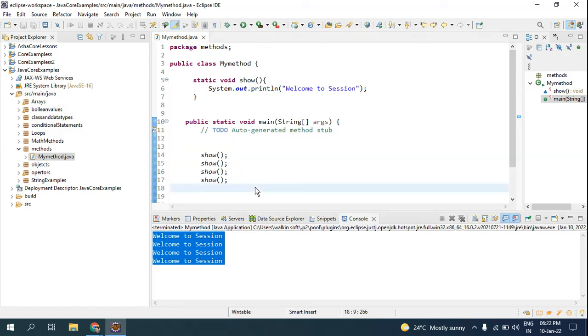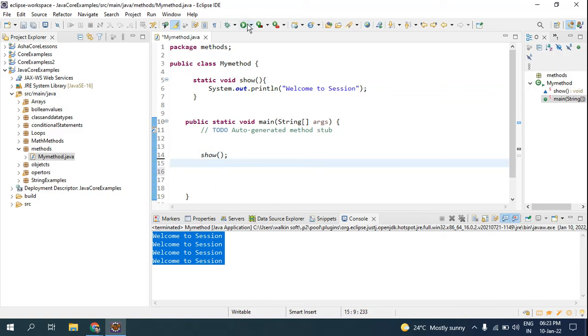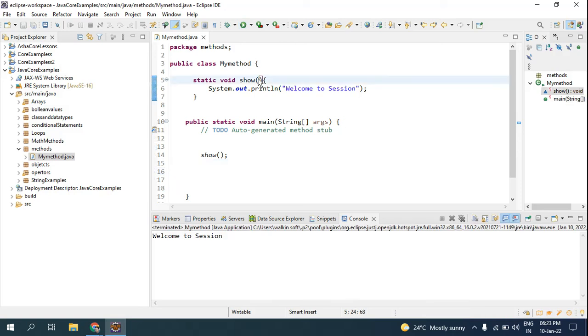And in methods, as I said, in the parenthesis we will be passing the arguments. So I will tell you how to pass arguments now with the same example. For now, let show be executed only once. To pass a parameter, first you have to give the data type of the parameter.